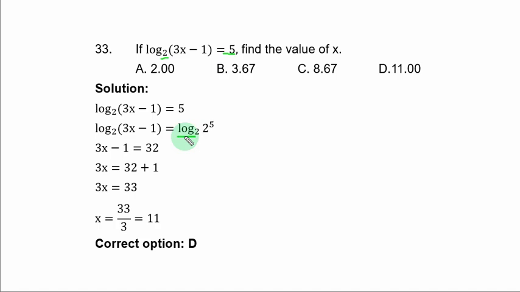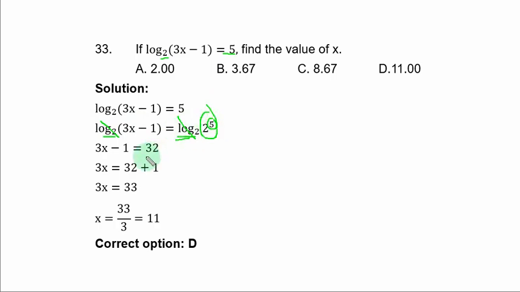From one of the laws of logarithm, log of its own base is 1. So thinking along log base 2, if you write log 2 base 2 here, that is 1, to the power of 5, so that you equate log to base 2 and you have 3s minus 1 equal to 2 power 5,